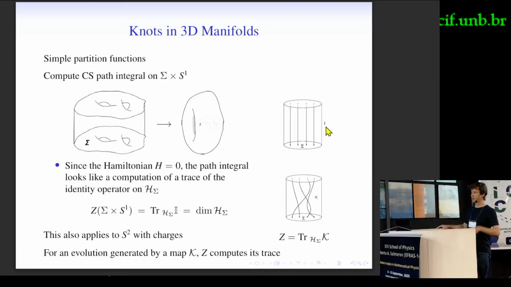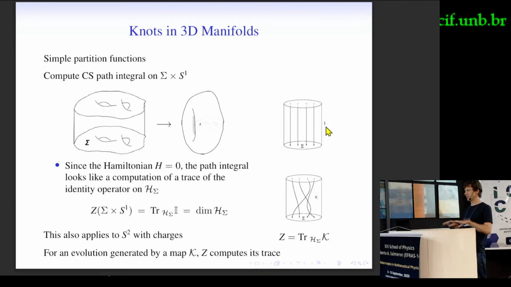And then if you close the cylinder with this braid inside, what you will compute is the trace of this operator that realizes this diffeomorphism. So this, no, you can still think of, well, yeah, so what will happen in this case,